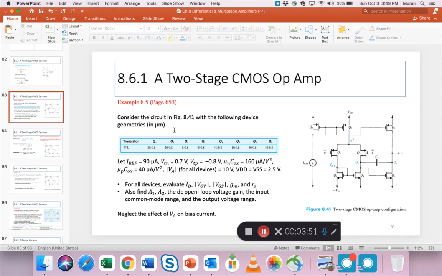So again, this is a solved problem. I advise you strongly, make sure you spend enough time going through each one of these steps in the solution. Like I said, this portion is pretty straightforward. It's a straight application of the formulas. Similarly, even A1 and A2 are pretty easy to find. So for example,